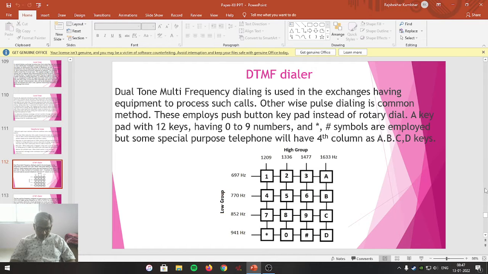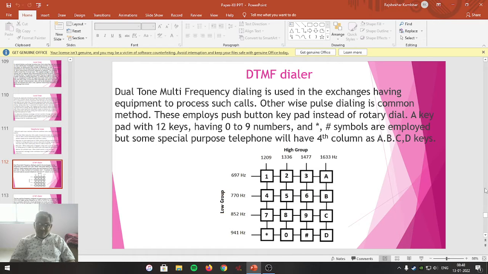Friends, before the existence of electronic telephone exchange, there were central battery feed exchanges or local battery feed exchanges present. At that time, the telephone number was dialed by using the pulse dialing system.